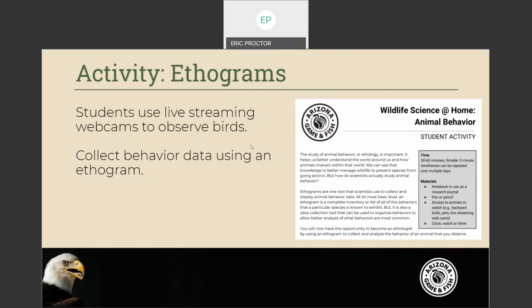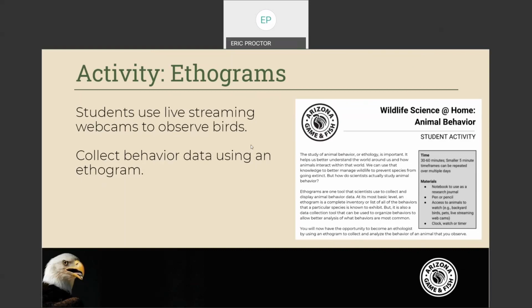We have a great horned owl nest cam that's pretty active right now, where we actually watched the development of two babies over the last few months. But we're not the only ones that have webcams. Lots of zoos have webcams and so on. So this is a great way for you to do this digitally, where you can assign these resources to your kids to do at home, where they can go on and observe at their own time, and they can share their learning, their data with the other students. You can start to culminate that into a larger thing.